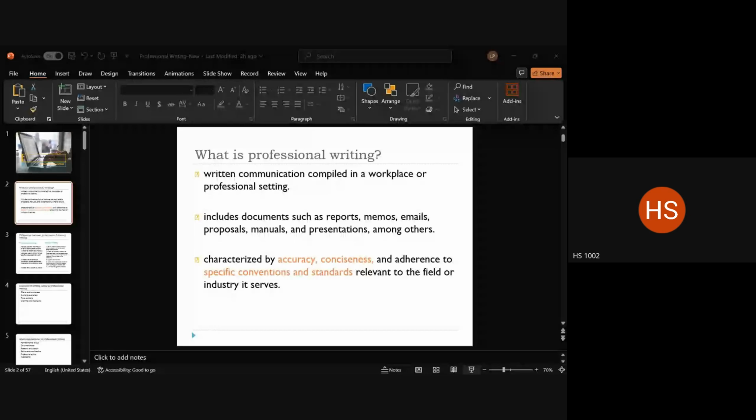Because this is more dependent on how someone can use their imagination. But if you're talking about professional writing, you never use your imagination, right? You're not allowed to do that. Whatever you present in the document, both linguistically and content-wise, needs to be factual in nature. It needs to be direct and specific, and the tone has to be formal, right? You're allowed to use only an objective tone. We do not get to use personal tones while writing anything professional, right? So this is a very preliminary difference between professional and literary writing.